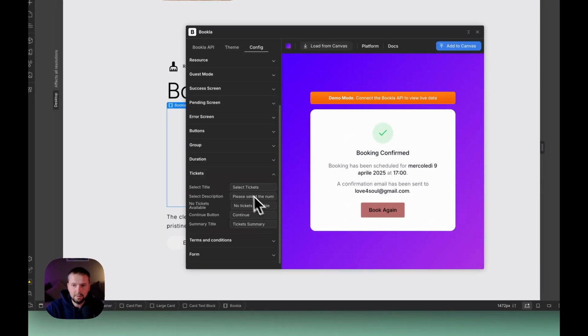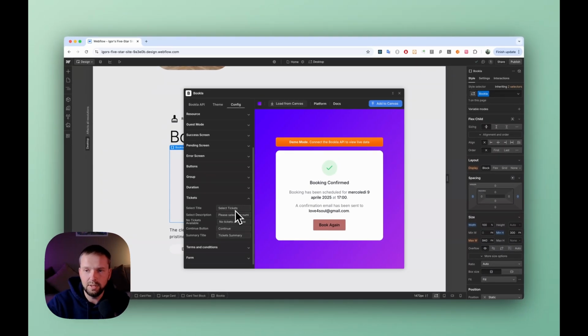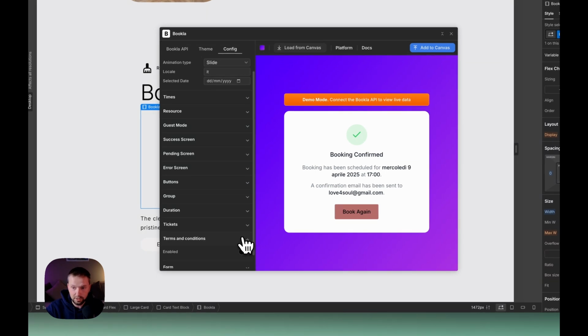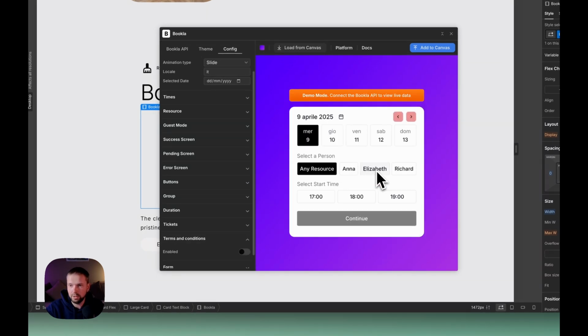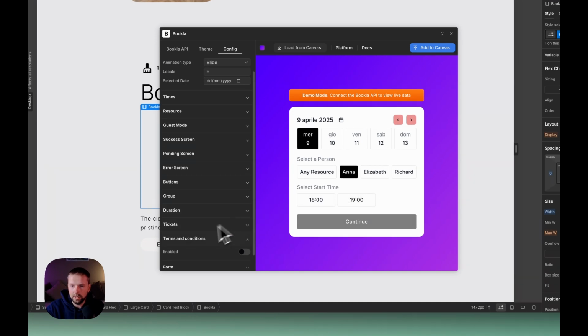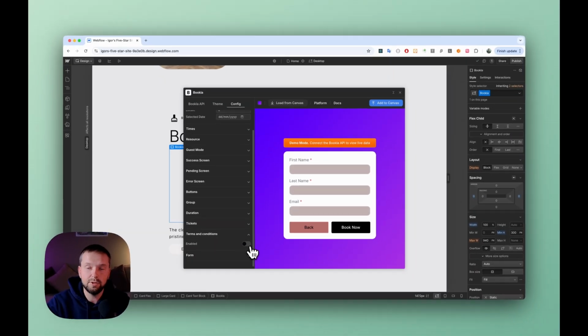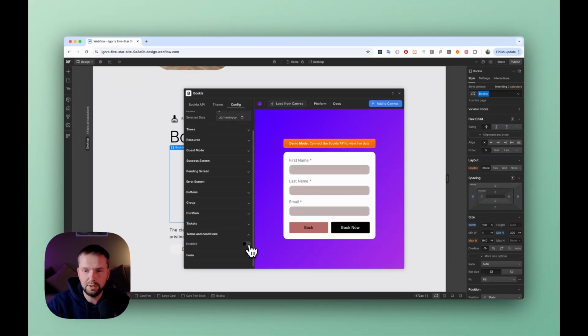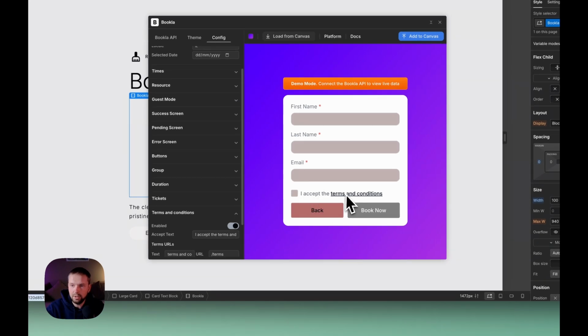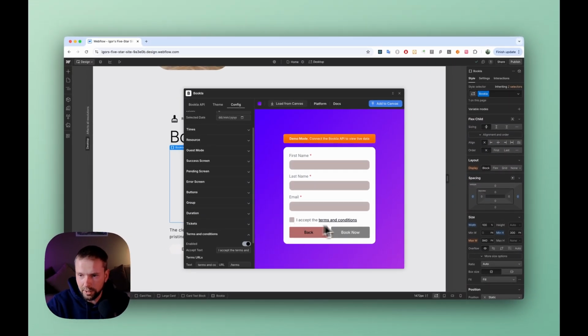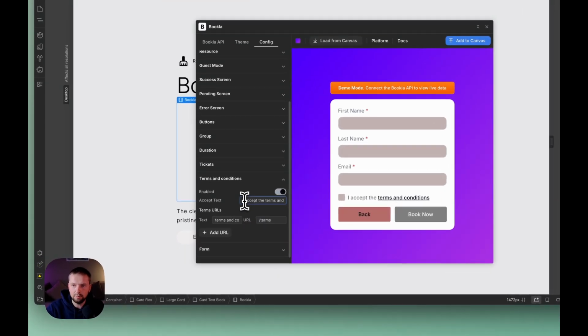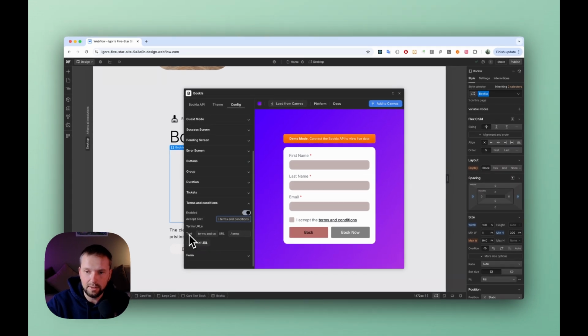Then tickets, the same, like the ticket section, these texts if you are using a ticket service, so you will be able to change those parameters. Terms and conditions, for example, let's go to book again, and if we enable the terms and conditions, so by default it's disabled, but for example you need the customer to agree with terms and conditions, and you can just enable it, and you see this part was added, and by default we have this text that also can be changed, and also the terms URL that contains text and URL itself,